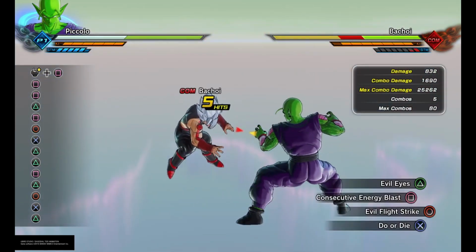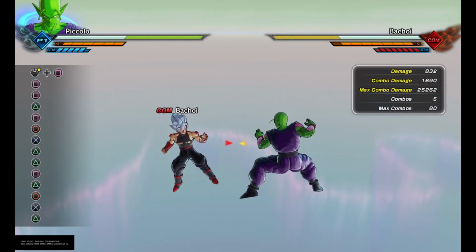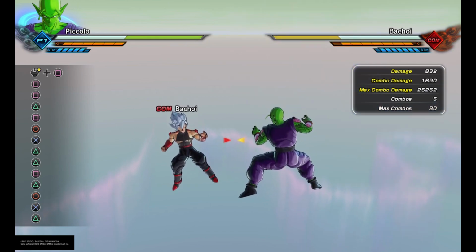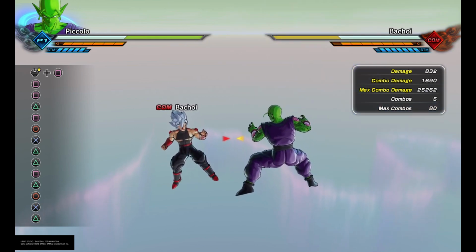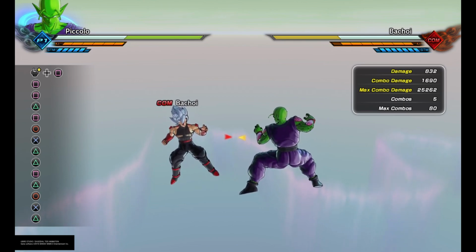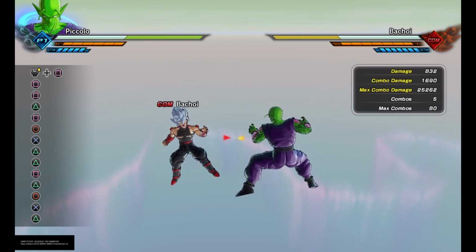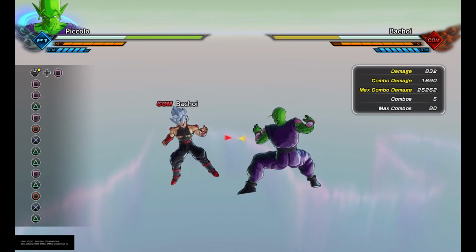Oh, thank you. You know, it's wild what you can do with Piccolo. Piccolo is a very good character, and I think he's very slept on because some people don't like how his non-custom presets have little to no stamina. You can make him have a ton of stamina if you do the combo type stat alignment, but the problem